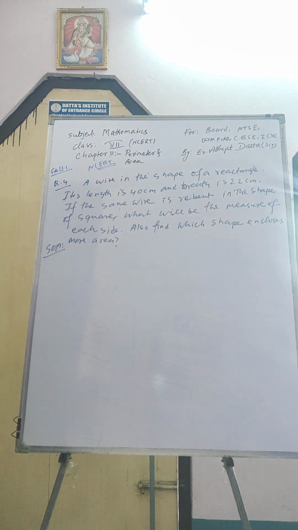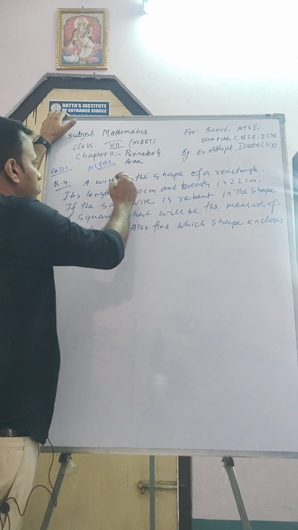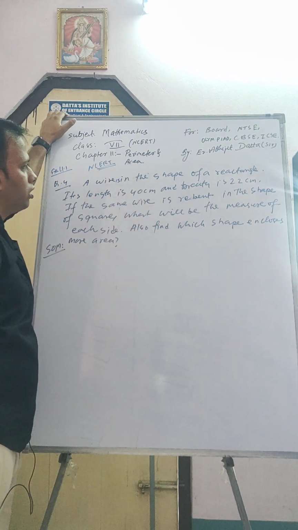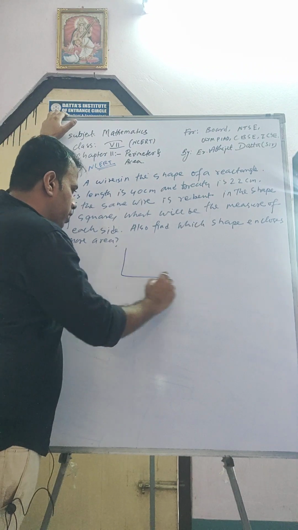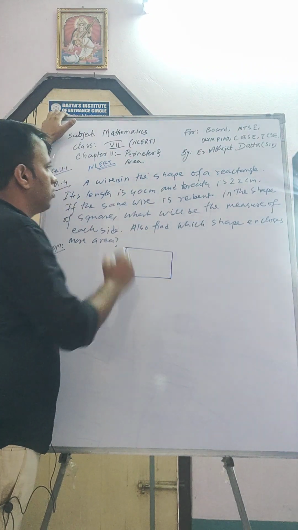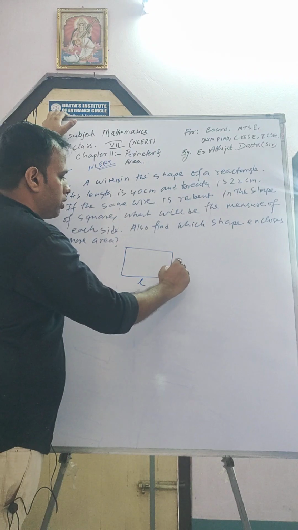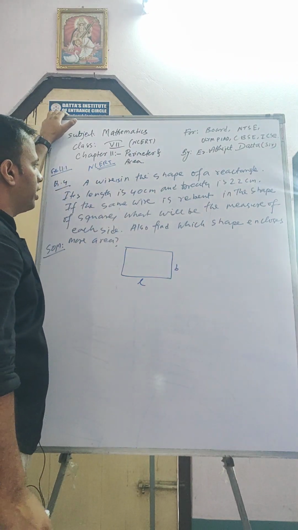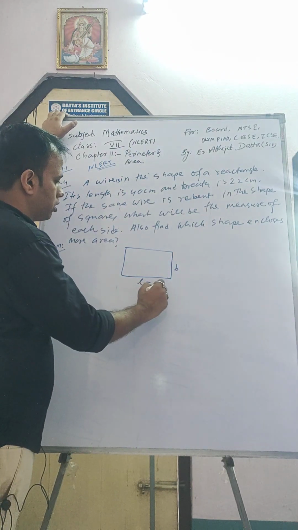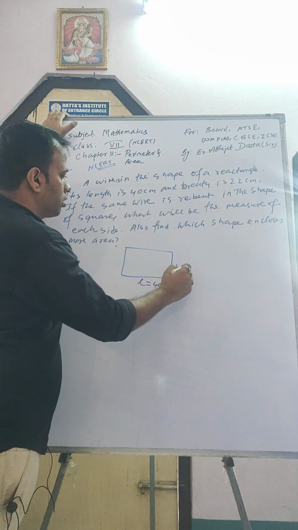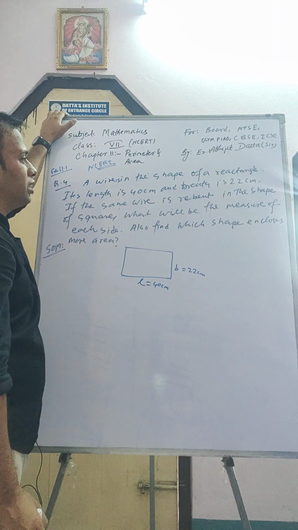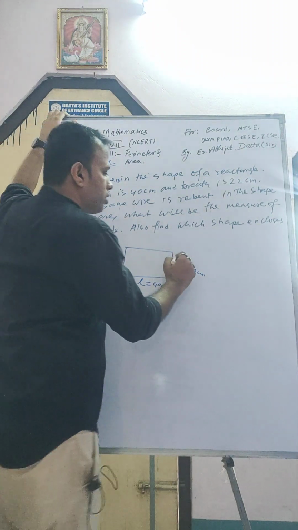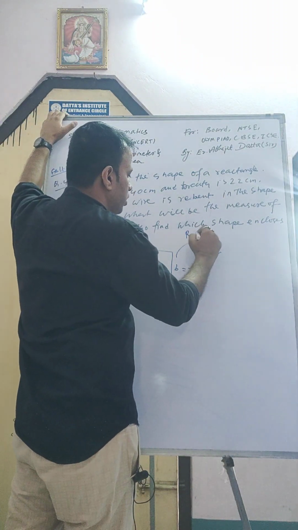Our next question is question number 4. A wire is in the shape of a rectangle. A rectangle has length and breadth. If the length of the rectangle is 40 centimeter and the breadth is 22 centimeter, and the same wire is rebent in the shape of a square,